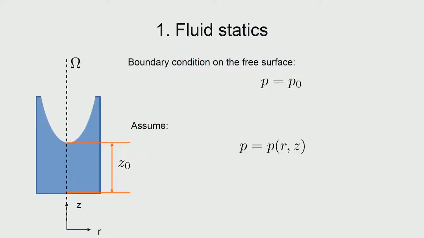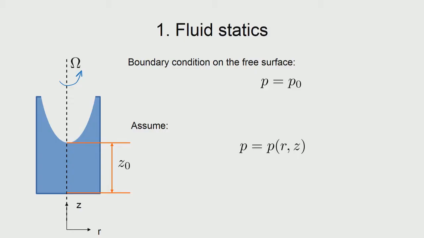The first problem is a statics problem, namely the situation where we are only looking at how the pressure would change as a function of distance. Here you have a container of liquid which is made to rotate about its own axis. Because of this rotation we expect that the liquid will be pushed away from the center, so it would climb up the wall a little bit, and the free surface would take a shape. We are interested in determining this shape just from the statics.